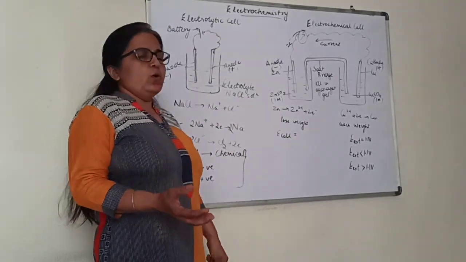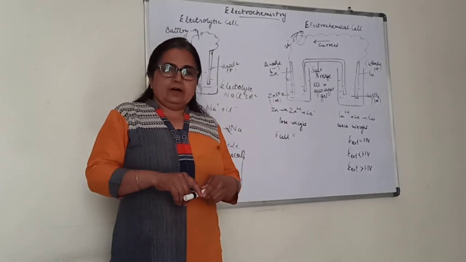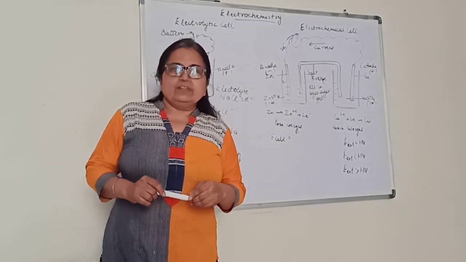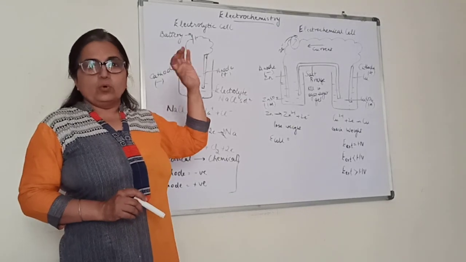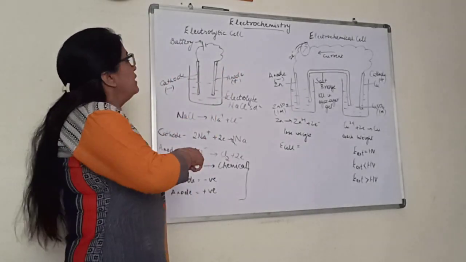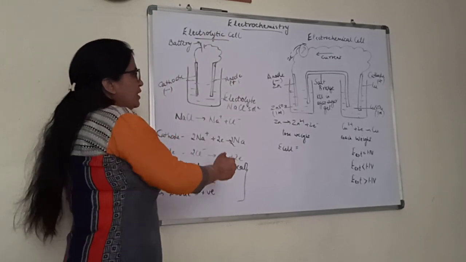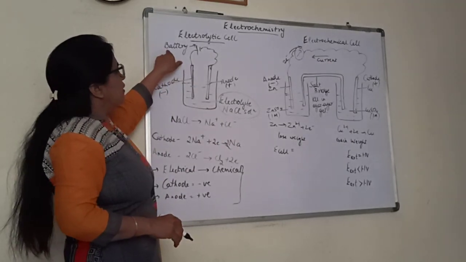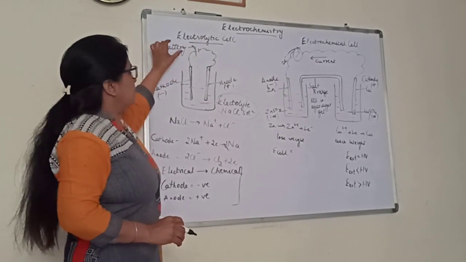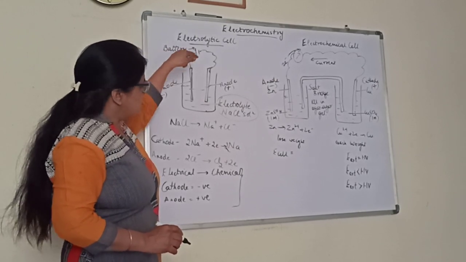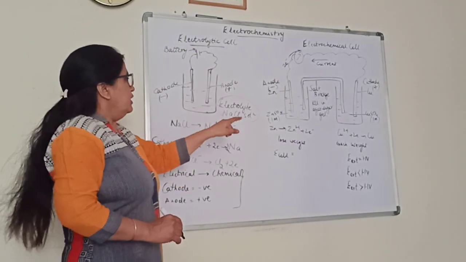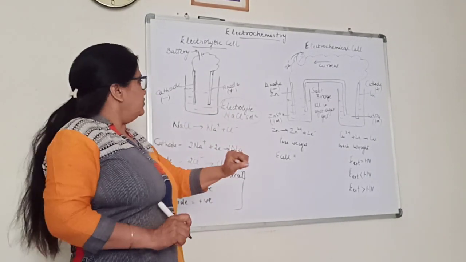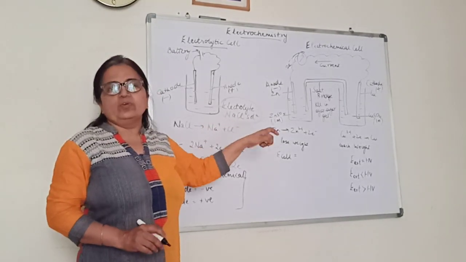First we will understand the types of cells in it: electrolytic cell and electrochemical cell. We are familiar with the term electrolysis. In lower classes also we have studied. So in an electrolytic cell, the electrolyte is broken in the presence of the battery. So here electrical energy is converted into chemical energy. Electrolyte can be anything which allows the electric current to pass through it. What we have taken is NaCl, sodium chloride solution.